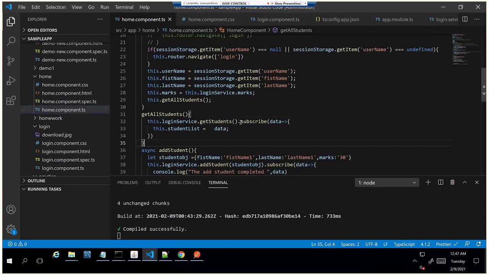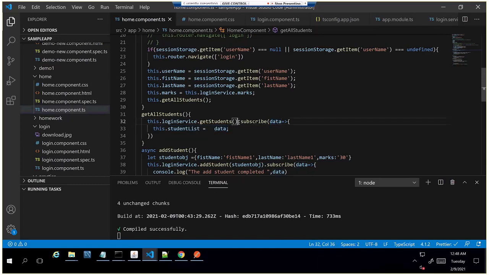We did a small change here in the get all students method. We have subscribed to that REST API. So what I explained, Sushruth, is that we have subscribed to this REST API, so once we get the response from the REST API, we set the value of student data with the data we get from the REST API.